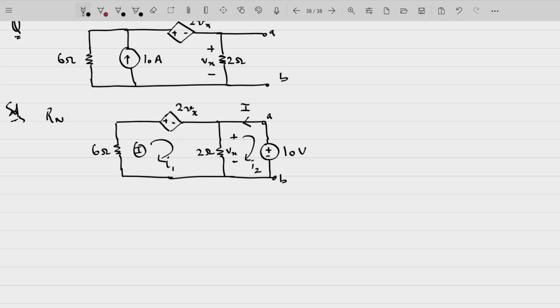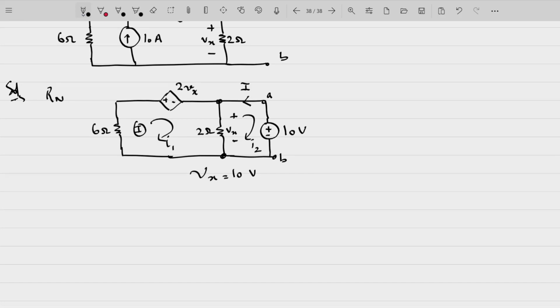One thing to note here: the voltage across this, Vx, is simply whatever voltage source I am applying here, that means Vx is directly equal to 10 volts. So by applying KVL to loop 1,